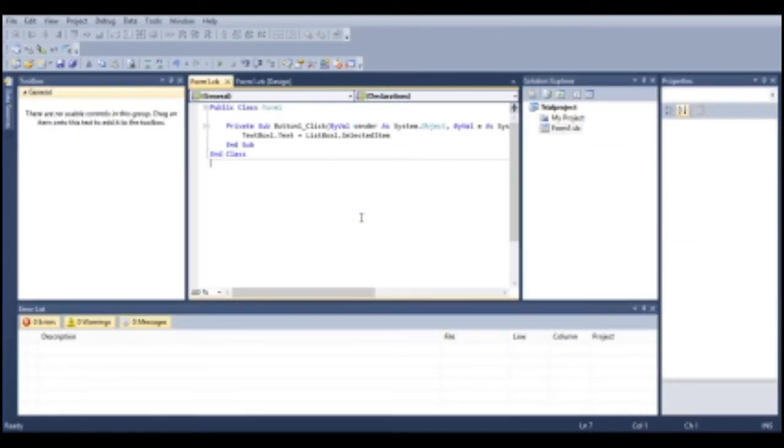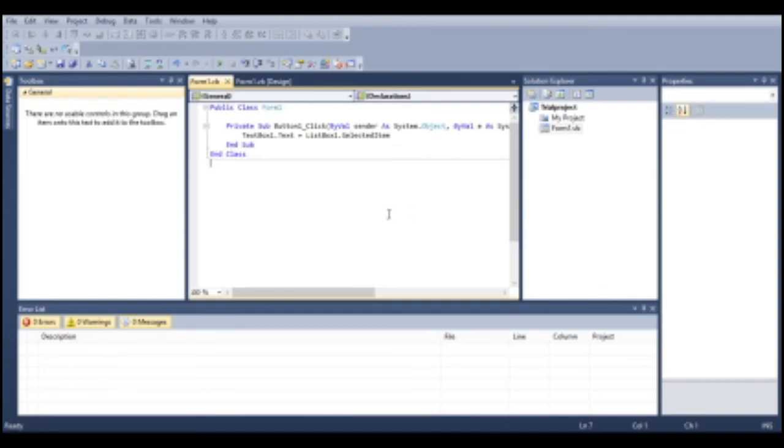Now let us save this program and let us learn what are the different types of extension names used after saving this project. So we go for the option called Save All. We get a Save Project dialog box. We name it as Trial Project. The solution name is also Trial Project. I will save this project in a location where we choose by choosing the Browse button here. Right now it is in the E drive VB.NET folder. So let us save this file.